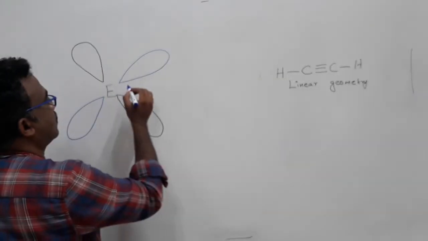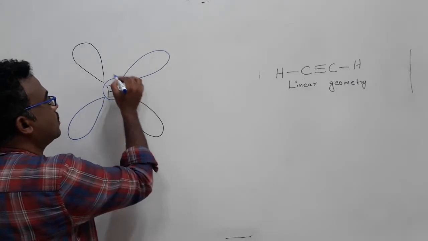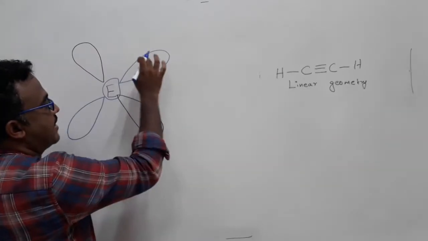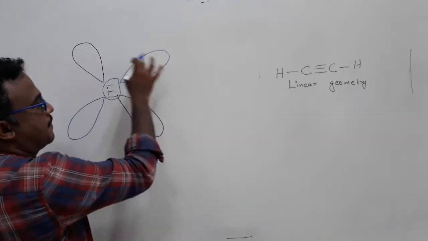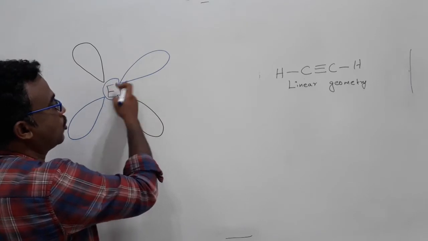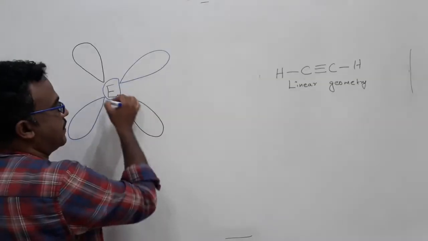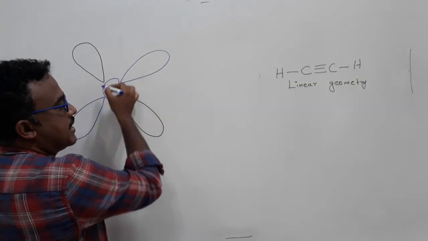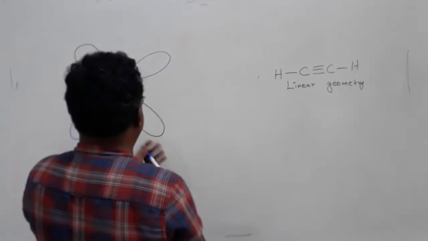Okay, and it also has one more p orbital which is perpendicular to this sp hybrid orbital. This sp hybrid orbital and p orbital are perpendicular to each other, and you have one more p orbital which is perpendicular to both the sp and the p orbital. That's what happened. I just made a circle, that is another p orbital. It is approaching another